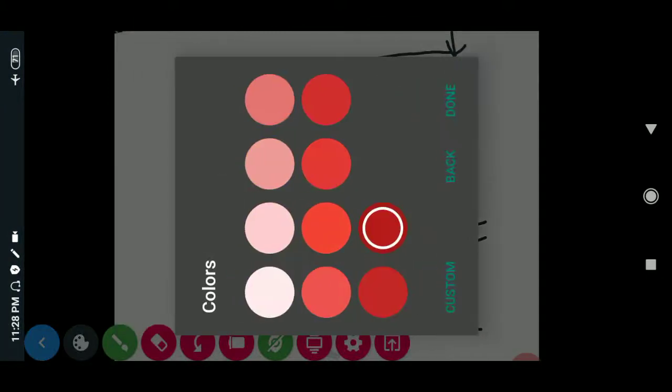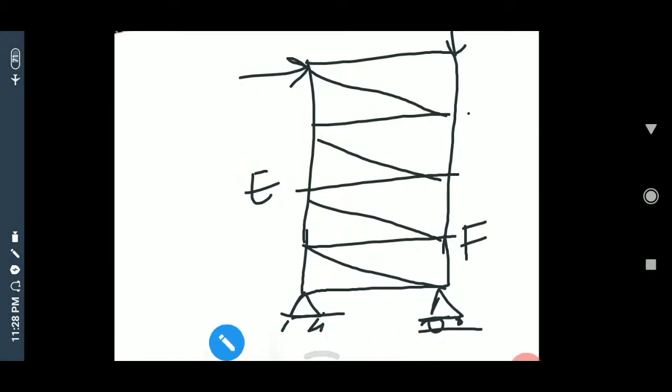Okay, if you are going to find the force in this member EF, what do we do? If we use method of joints, then first we will have to consider this joint, then this joint, and this joint, and we will go on finding members individually. That would take time and be a very lengthy process, so the method of joints is not suitable here. Instead we will use method of sections.